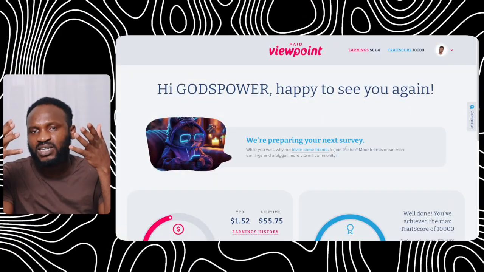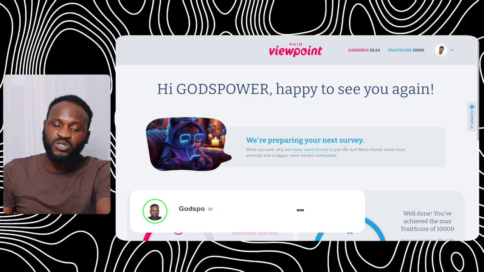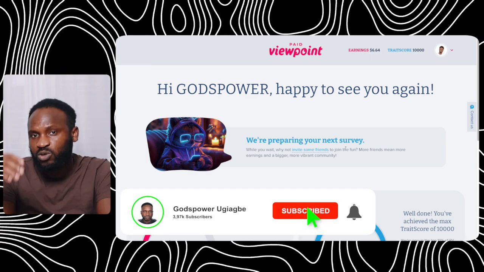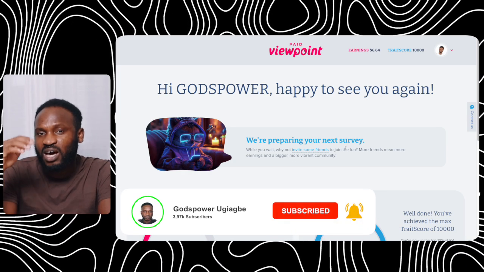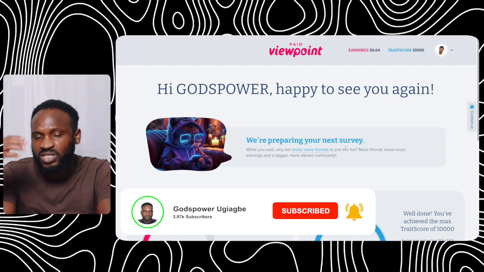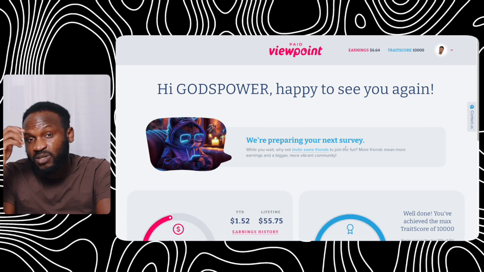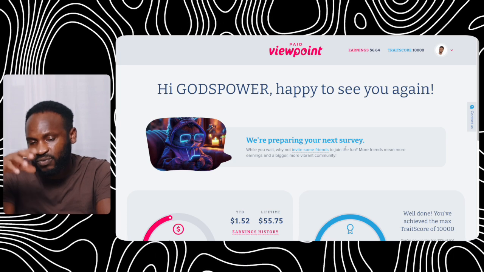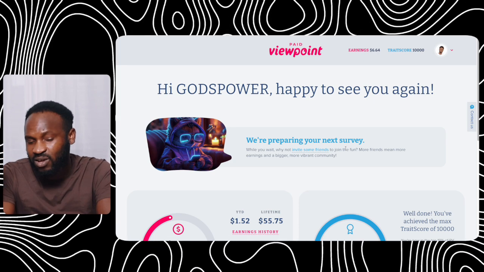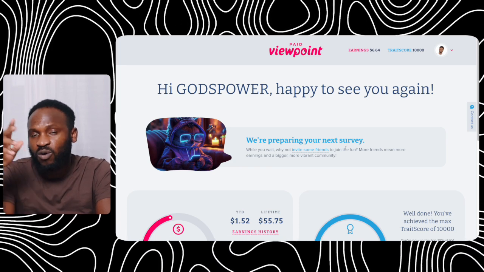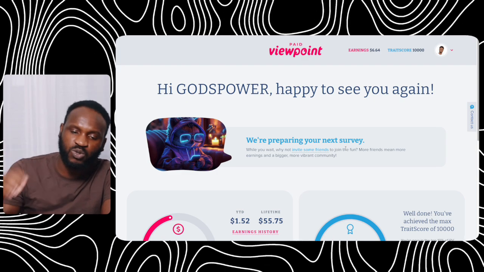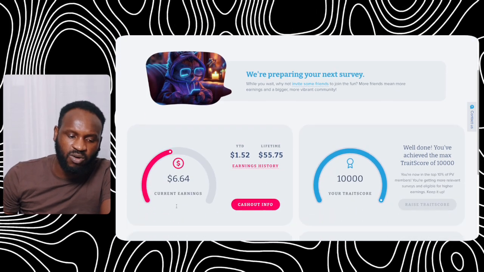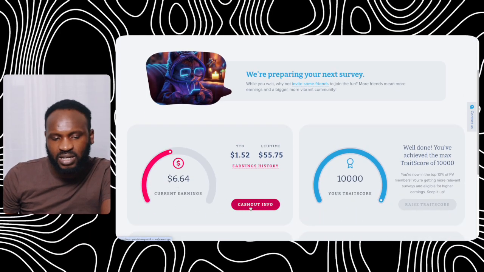And how you can cash out is very good. It's very simple. Make sure that the email you use to create your account has to be the same email you use to create your PayPal account. The payment method that they have is PayPal, so they don't have any other payment method from the country where I'm living. Maybe in other countries they might have, but where I live now, they don't have other payment methods except PayPal. So when I click on the balance here, or let us say I click on cash out,